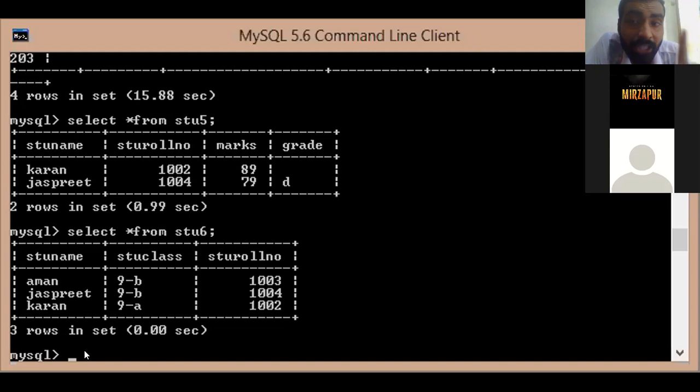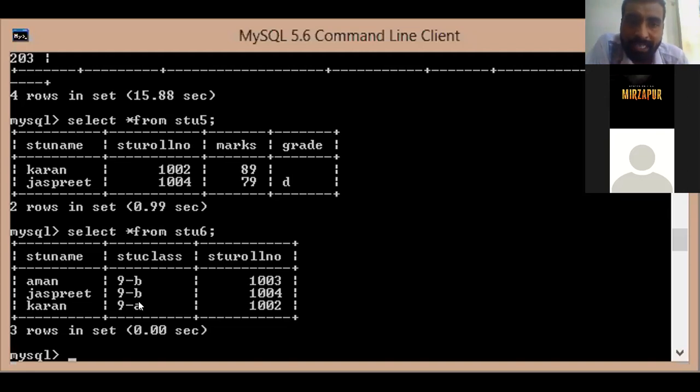But where there is a not null condition in a particular field, what will happen? Suppose there is grade, and in grade you have applied a not null condition.